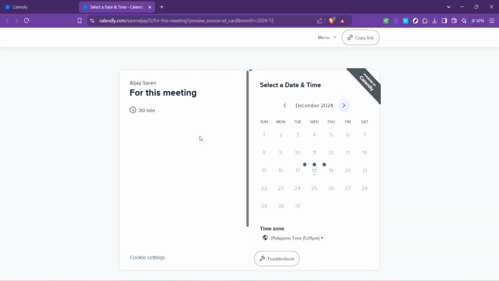This action takes you to a dedicated page for that particular type of appointment, where you can see available dates and times. Choose a date that works for you and your invitees. The availability will be displayed based on your current settings. Each date highlighted is an opportunity to connect. Ensure it aligns with your schedule.